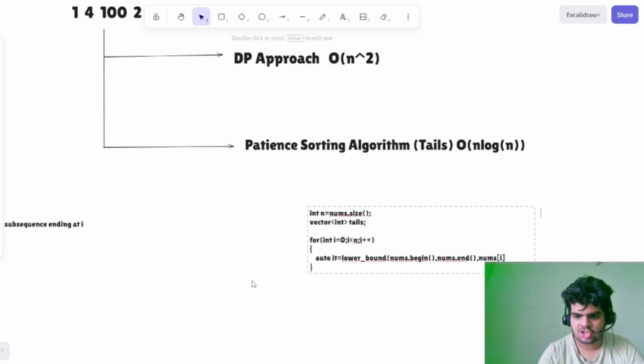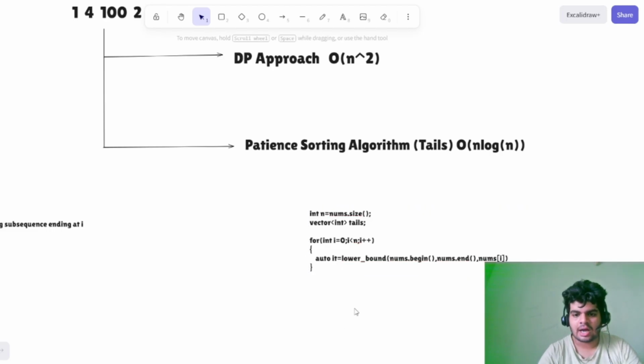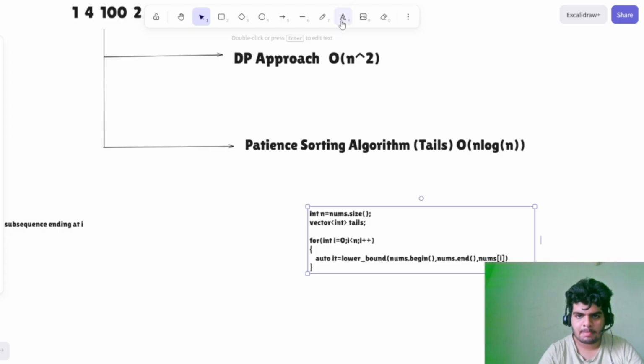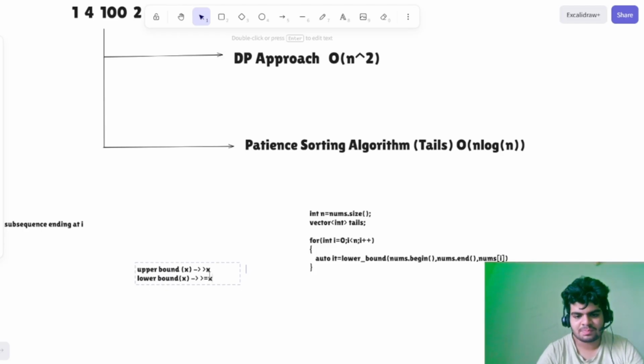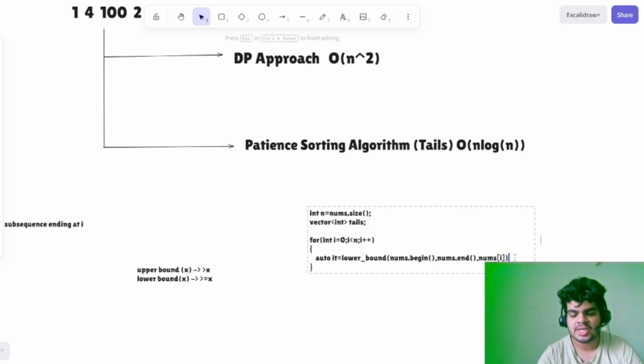In short, when you are finding the upper bound of x, it gives you the first index which is greater than x, and when you are finding the lower bound of x, it gives you the first index which is greater than or equal to x. In the background, they efficiently use the binary search algorithm, so it has the same time complexity. You can assume it to be log n. So yeah, I find the lower bound of each element, and then